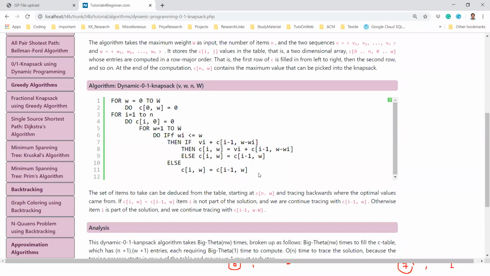If you have any doubt, you can ask me. If you do not have any doubt, then we can terminate it.